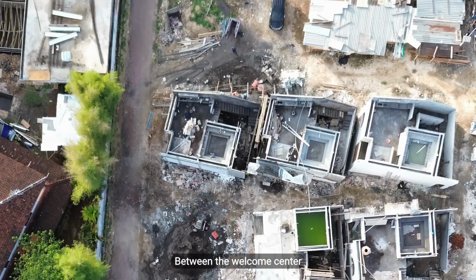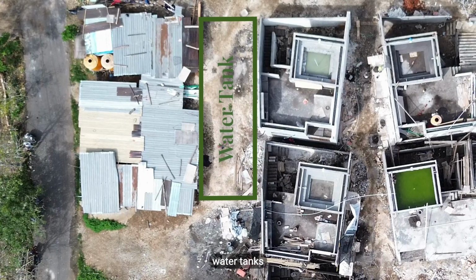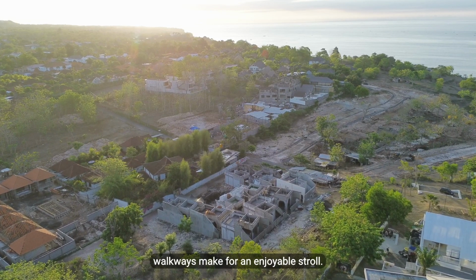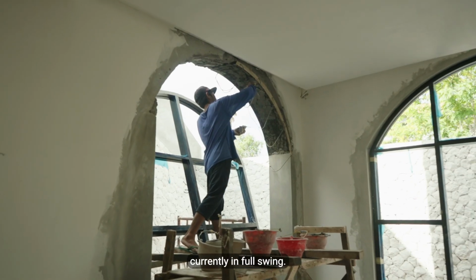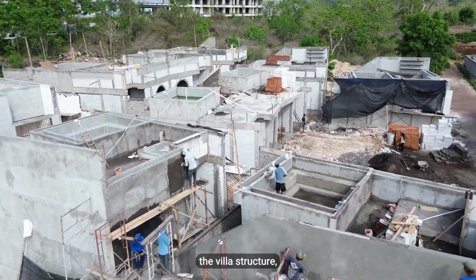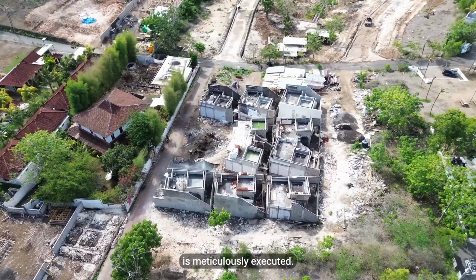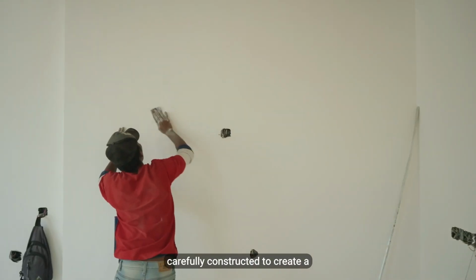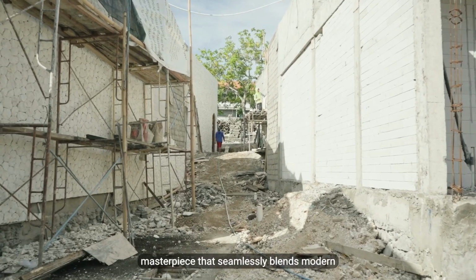Between the Welcome Center and Villa E, on the pathways, we have our own underground water tanks, and the wide landscaped walkways make for an enjoyable stroll. The architectural work is currently in full swing. Our team of skilled professionals is diligently crafting the villa structure, ensuring every detail is meticulously executed. From the foundation to the roof, every aspect is being carefully constructed to create a masterpiece that seamlessly blends modern